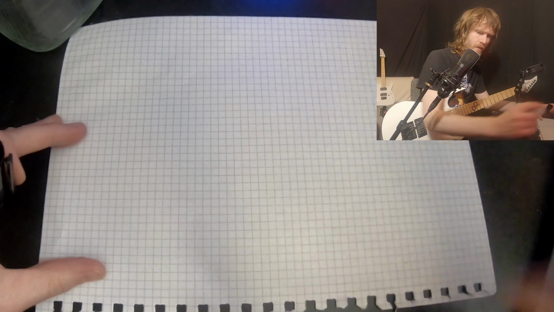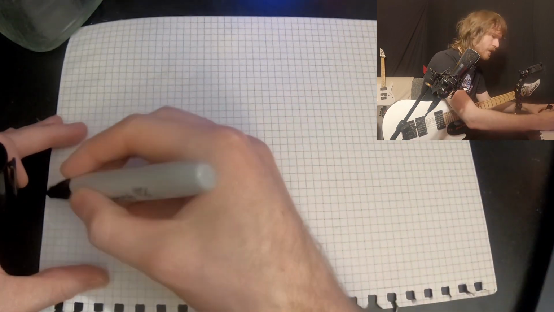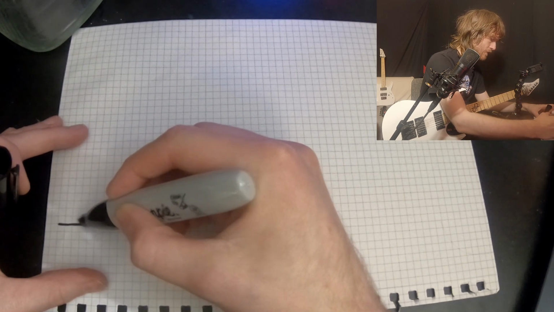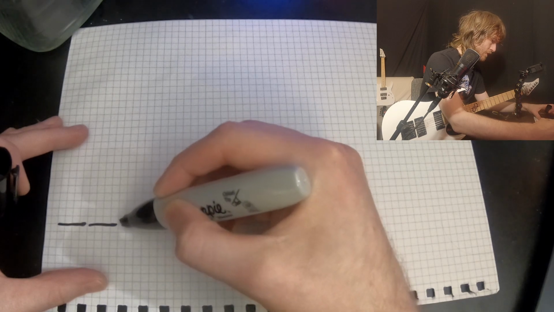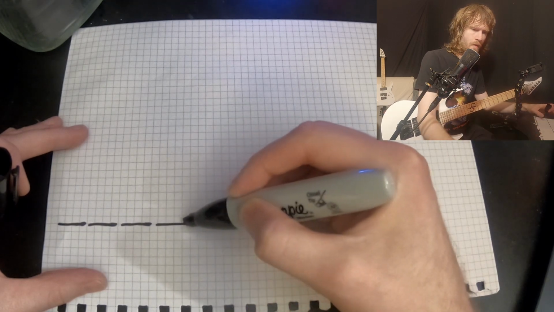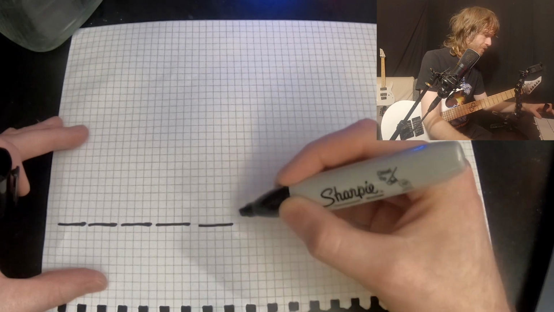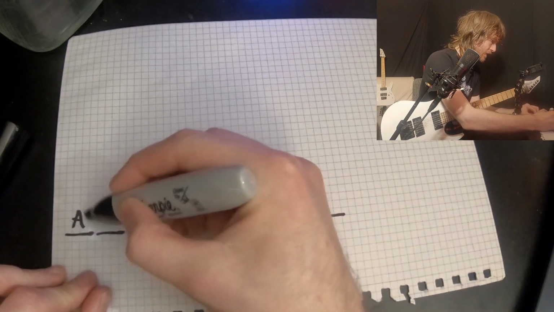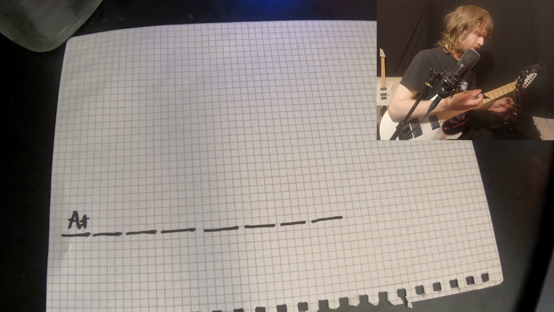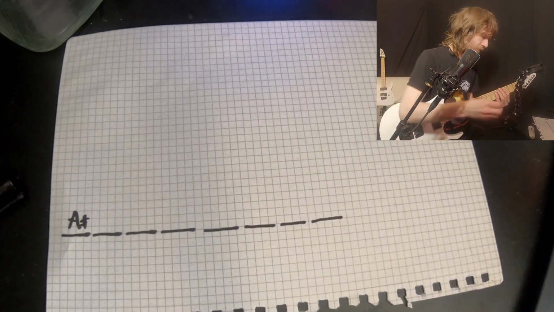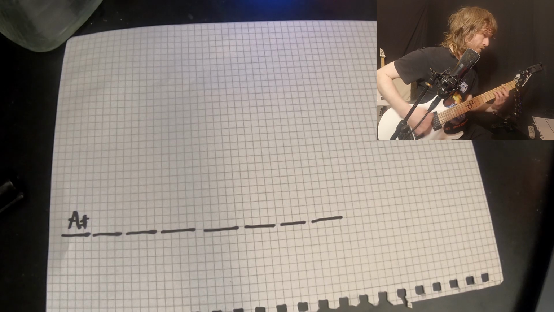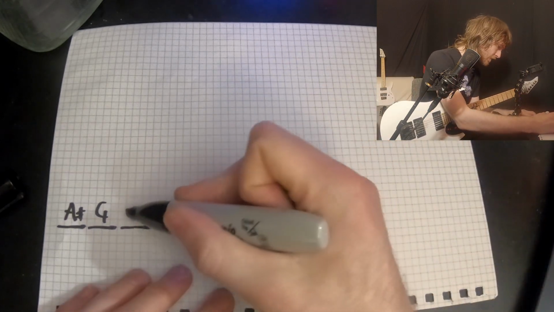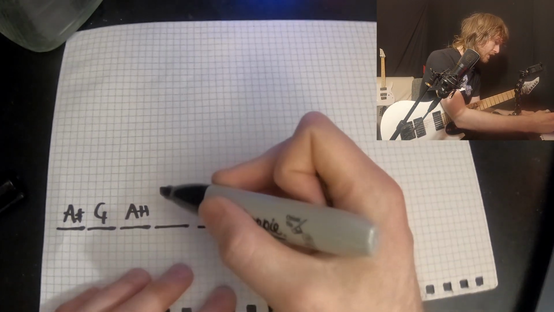So the first chord here is, I don't know what it's called, it's a kind of a square, and then the next chord is a G, and then it goes back to a square again, and then it goes to this